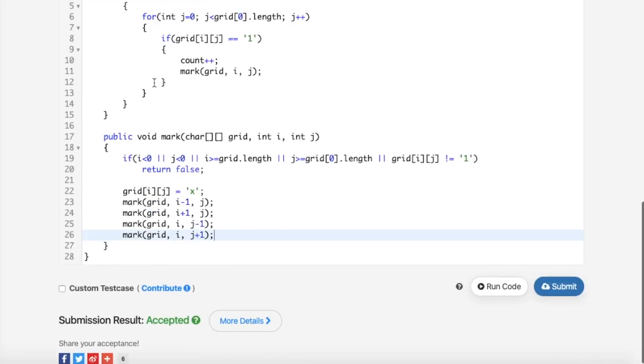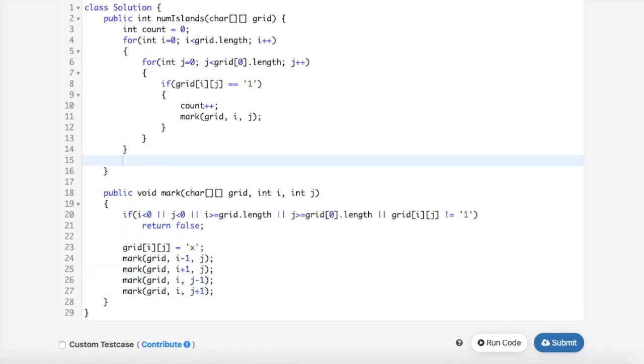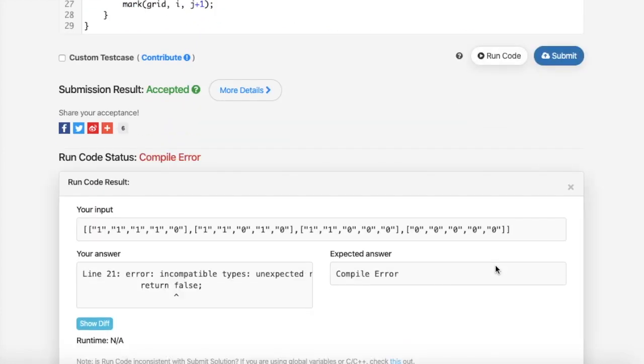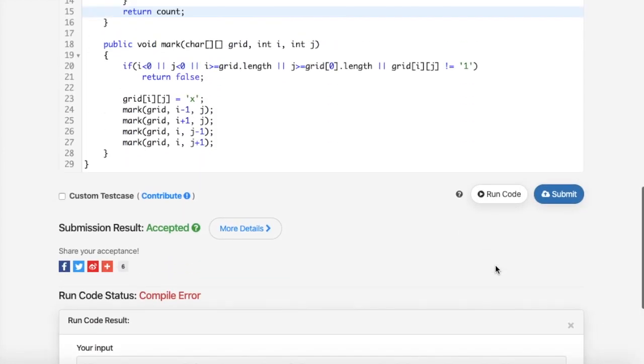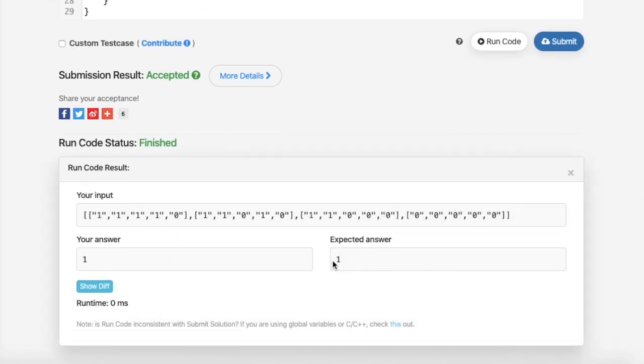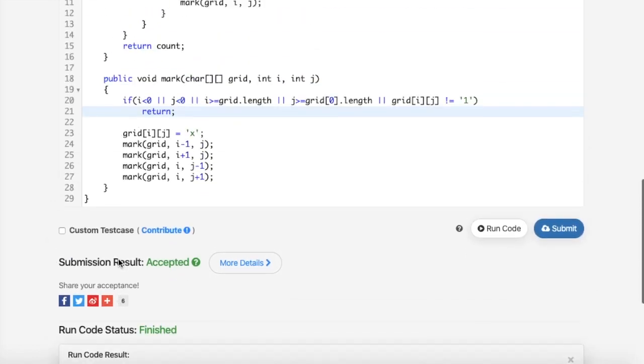And finally here I have to return this count. So let's run this code. Okay, I need not return anything, right? I just return, I don't go on doing anything recursively. I just return back. Okay, the answer is 1. It matches. Let's submit this code.